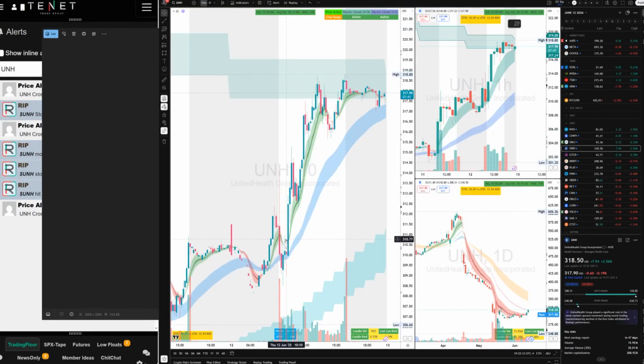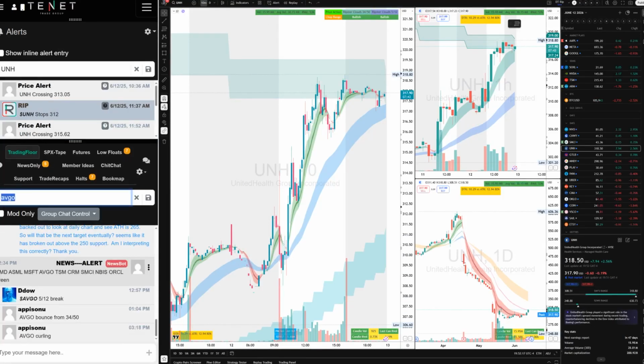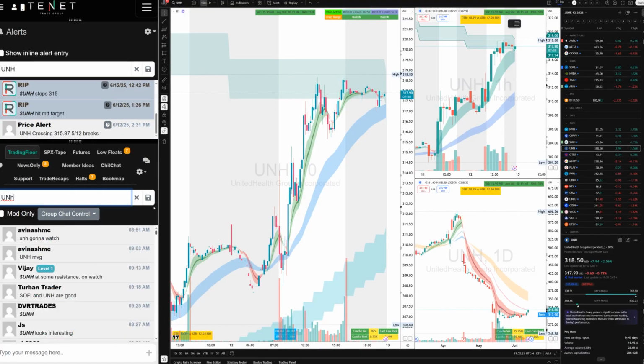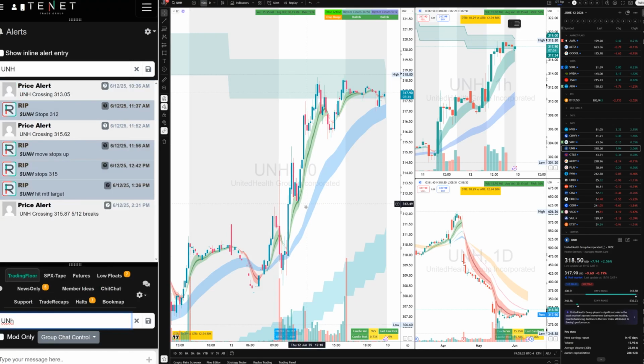We saw the strength. We saw this 512 calls. That's where the traders in the community took long. The credit for this one goes to all the community members who were on top of UNH since morning. And this was the first long call. And then when it pushed higher, I gave a stop of 312, and you see that it held the 312. You can take it long again here, and I continuously told the traders to move the stops up. 315, target was MTF. We hit MTF.